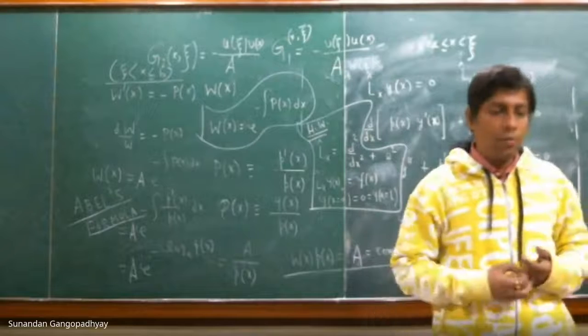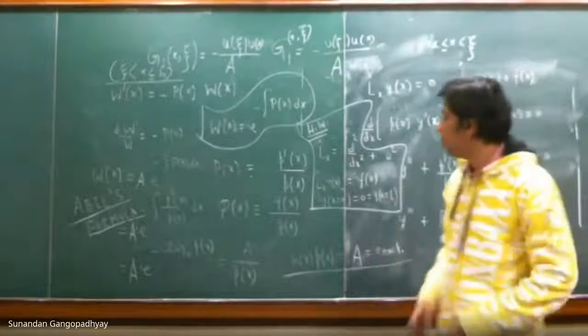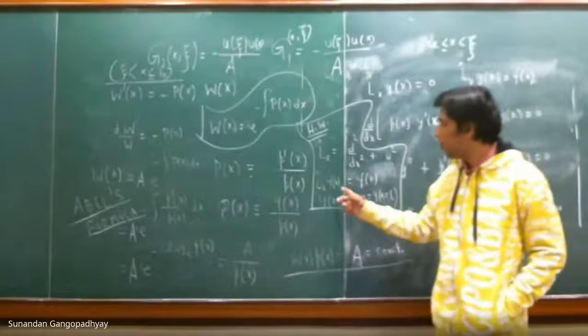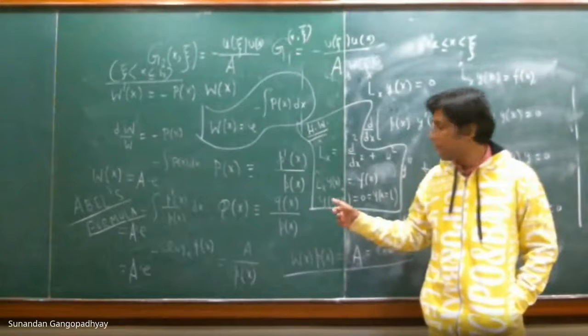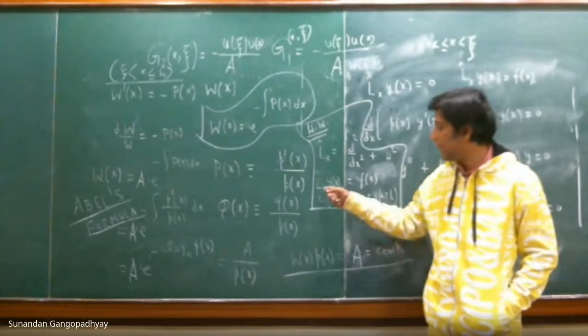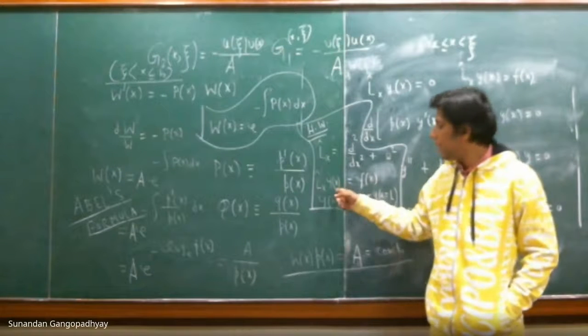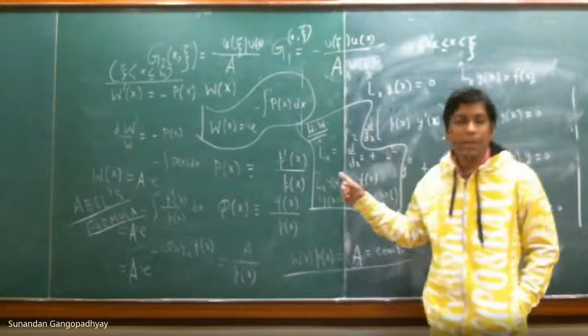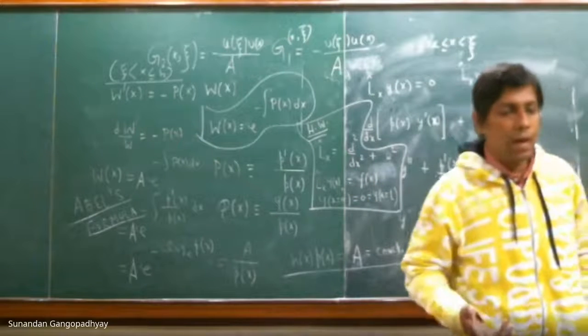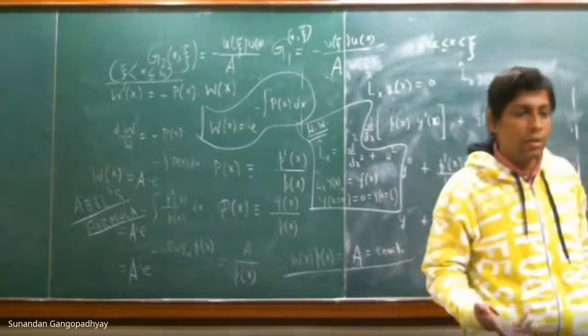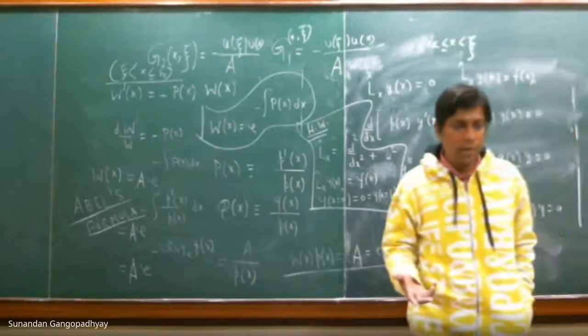In order to calculate the Green's function, you need to look at the solutions of the homogeneous differential equation, that is, L at x, y of x is equal to 0. For this operator, it is actually very simple. It is a harmonic oscillator. And you know what the solutions of a harmonic oscillator are, right?